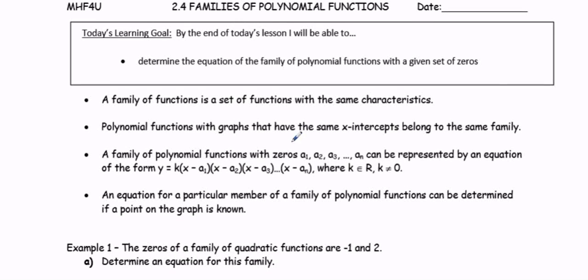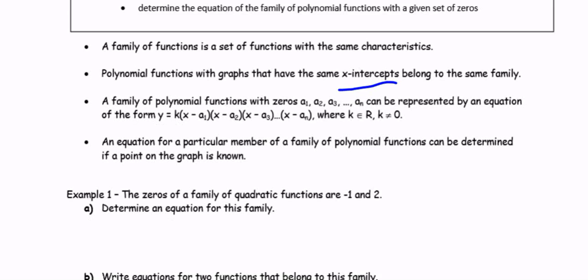A family of functions is a set of functions with some of the same characteristics. And the big characteristic that is the same is that they have the same x-intercepts. As long as two polynomial functions have the same x-intercepts, they would belong to the same family. It's kind of like parents, you know? All right, so